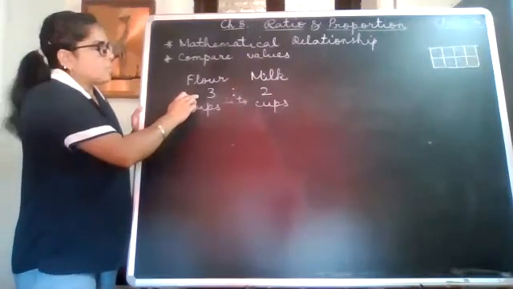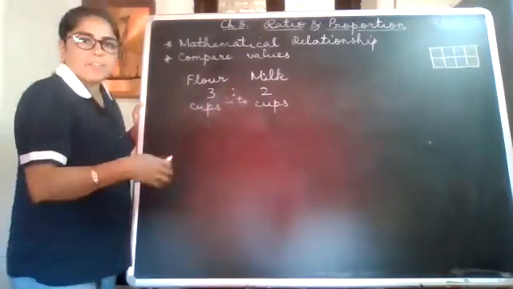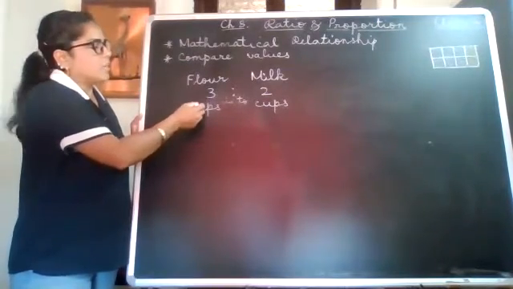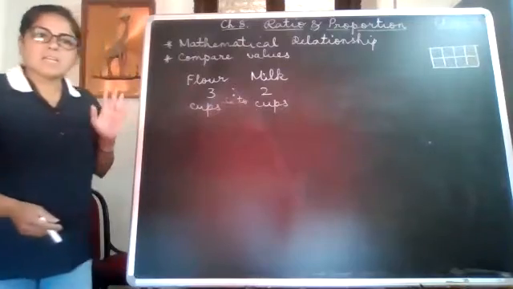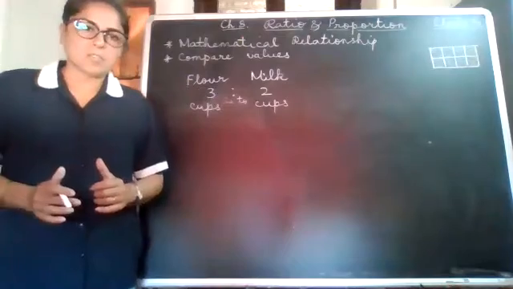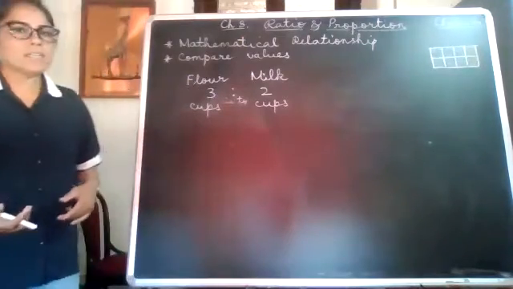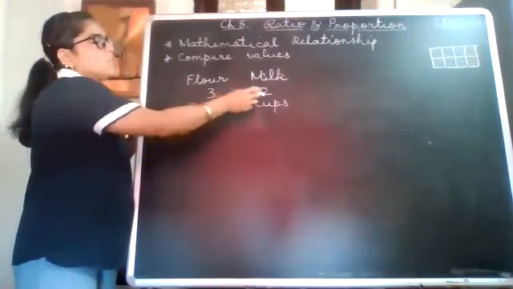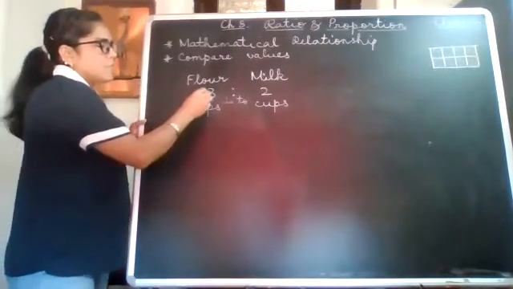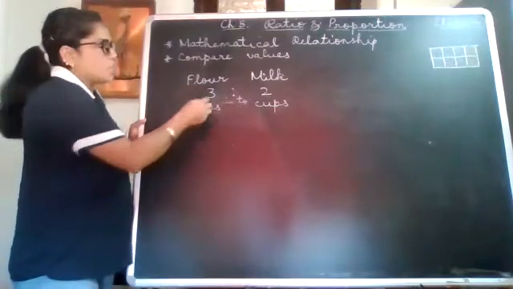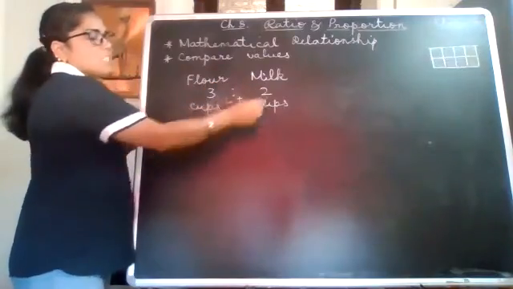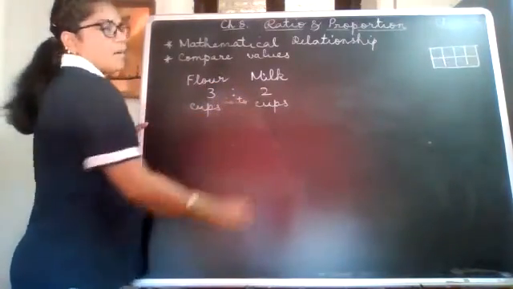Secondly, whenever these ratios are required in a different way, like for example, now your mother is not happy with just making a cake with 3 cups of flour and 2 cups of milk. Say for example, your family is very big and this will be insufficient. So she wants to increase the quantity. Then how would she increase? She has to increase both of them in the same relation, in the same proportion. So if she wants to increase it 3 times, she'll multiply the quantity of flour by 3, and with the same number she will multiply the milk also.